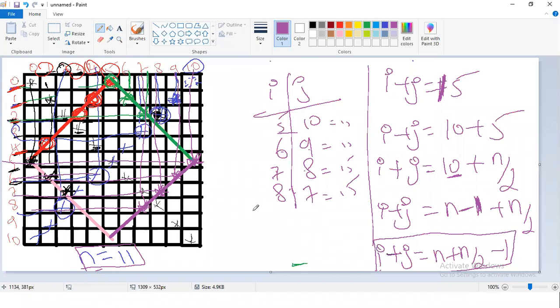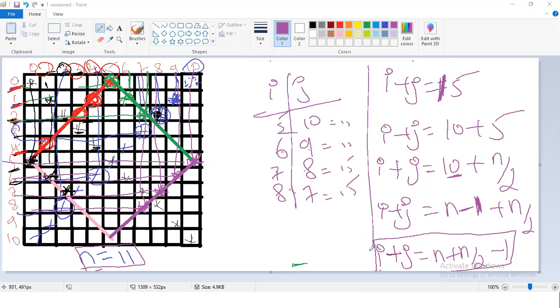So don't you think your math skills should be somewhat good here? Yes, math skill should be good, because there is a rumor in programming. What is that rumor? If you have to be good in programming, you have to be good in maths. That rumor is 100% true. You have to be good in maths, or else programming is difficult for you. If you know maths, programming will be much easier for you.